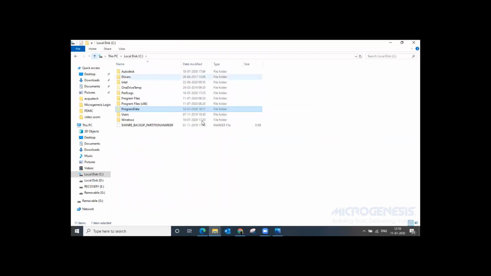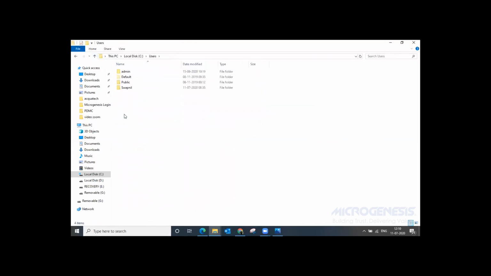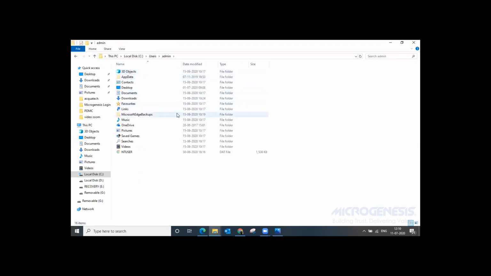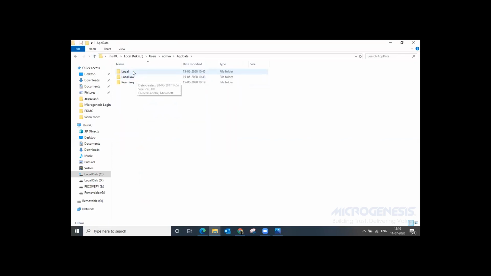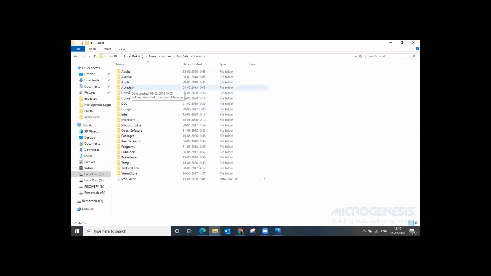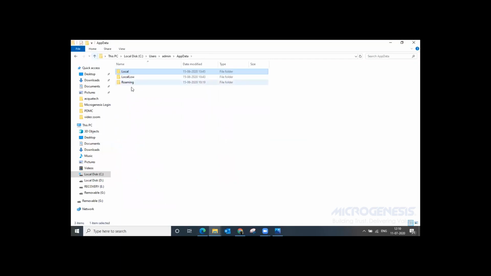Then after that, we need to go to users. In users, we need to go to the particular user. In that user, there is an app data folder. In app data, we need to check in local and roaming. In local, there is an Autodesk folder. We need to delete that Autodesk folder. And we need to also check in roaming. If there is any Autodesk related folder, we need to delete that one.